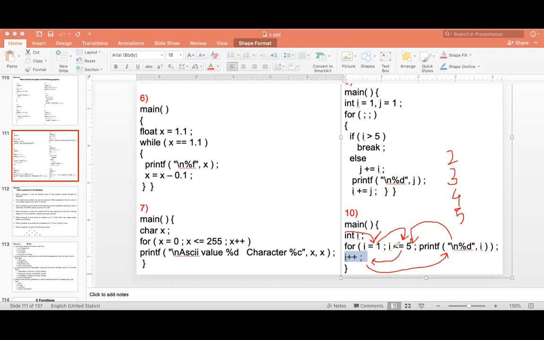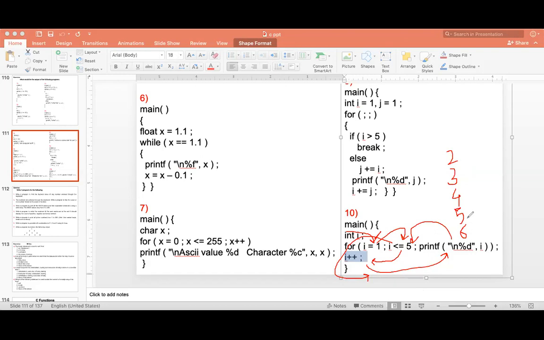Now 5 is less than or equal to 5, condition is true, it will go inside, i plus plus, so i becomes 6, and 6 gets printed. And 6 less than or equal to 5, condition false, and it will go outside, so your output is 2 3 4 5 6.